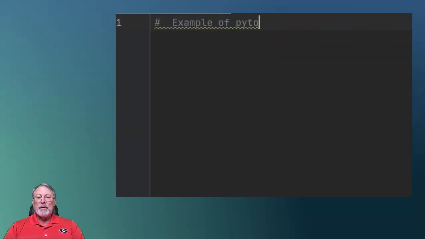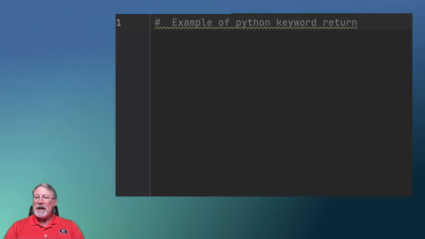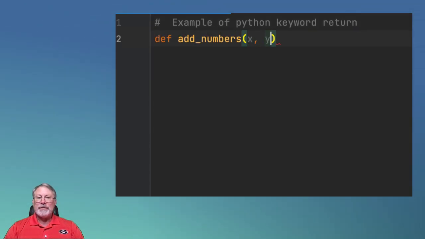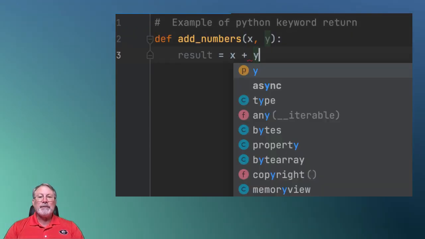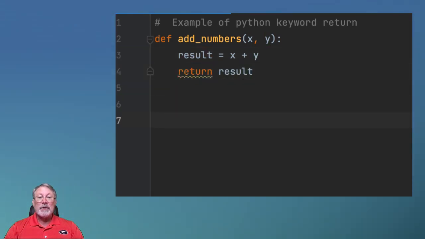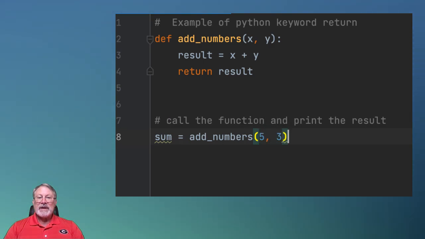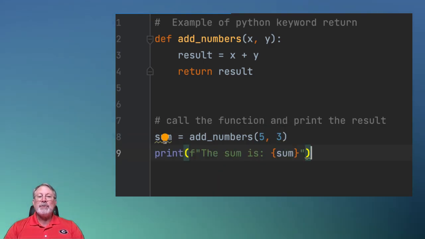Welcome to our Python Programming Insights. Today, we're zooming in on a keyword that is essential for directing the flow of data in and out of functions. Return. Let's dive into the mechanics and magic of return and how it can be utilized to enhance your